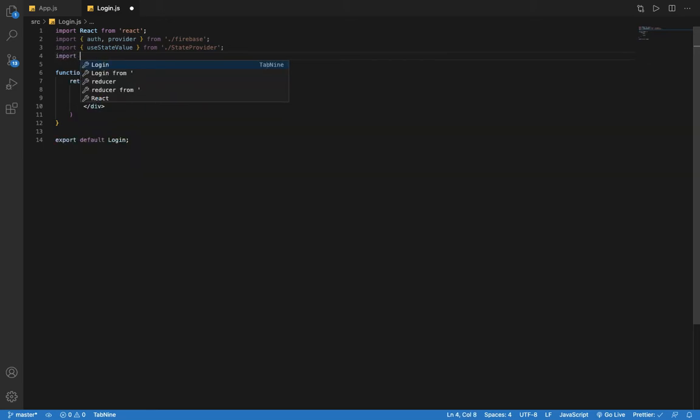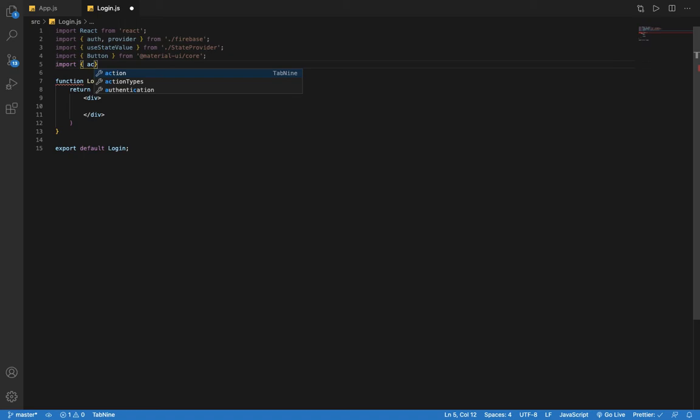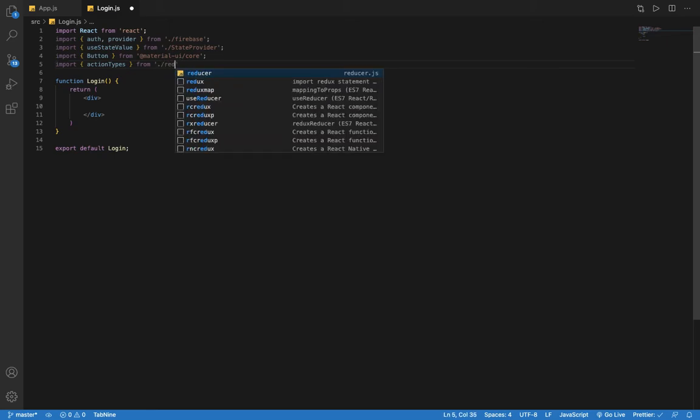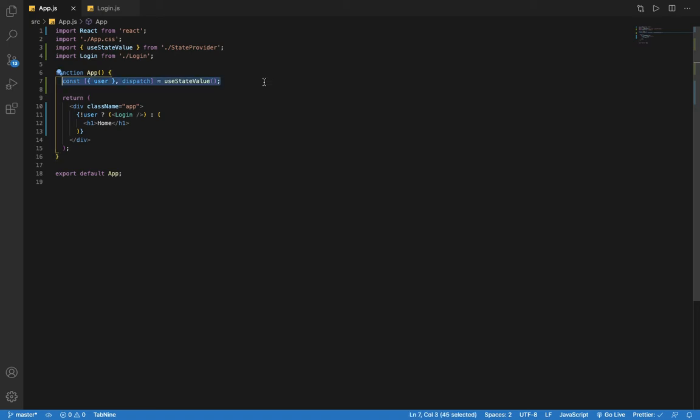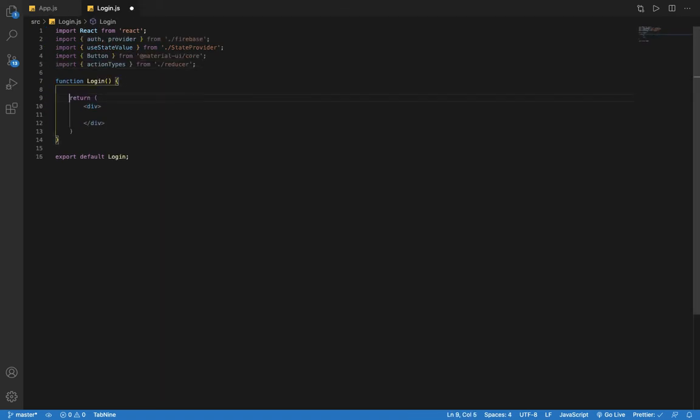I also want the button from the material UI core, and I finally want the action types from the reducer. So let's say from the reducer, and that's it. Then I will copy this line here, and this line,